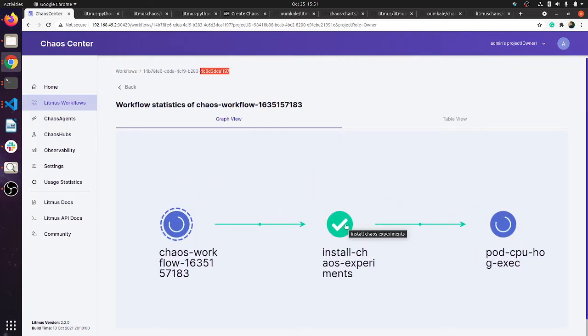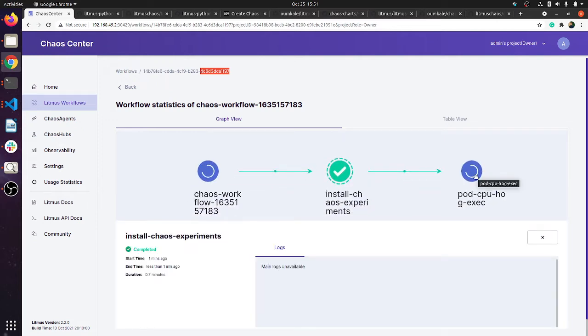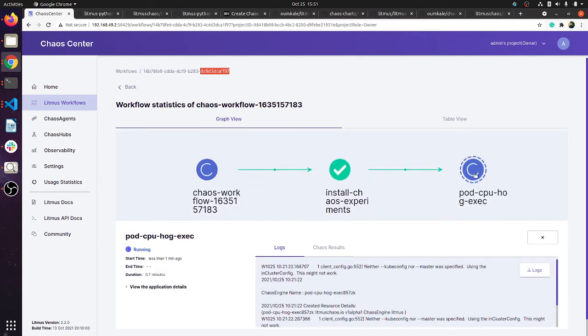So yeah, the experiment has been installed. Now the main Chaos engine is getting created, and it is basically injecting the Chaos. The corresponding runner must also have been created. So whenever something is getting changed, the operator is reconciling again and again, and the runner is updating it to the operator. It's in a working status.